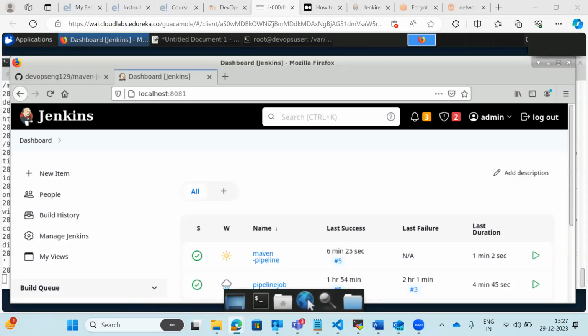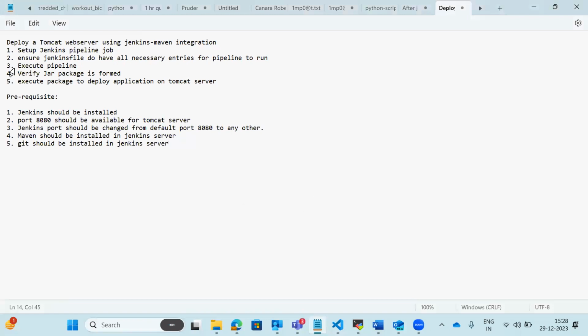Hello everyone. Today in our Capartech demo discussion, we will talk about Jenkins deployment of one Maven-based application on Tomcat server. There will be certain steps which we are going to follow for that. The first thing will be we'll have to have Jenkins setup done so that we can set up a Jenkins pipeline job. So in our demo, we are going to do a Jenkins pipeline job setup, not the Jenkins freestyle